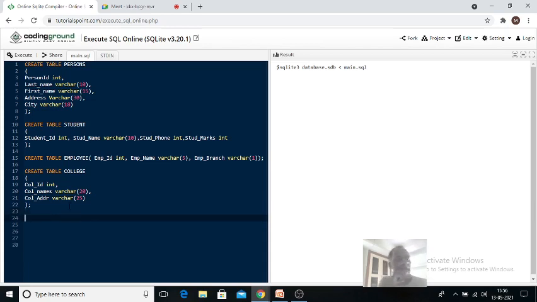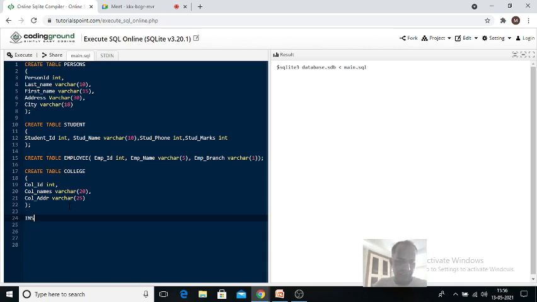Now, who is going to tell how to insert the values into the persons table? Sumaya. Yes, sir.